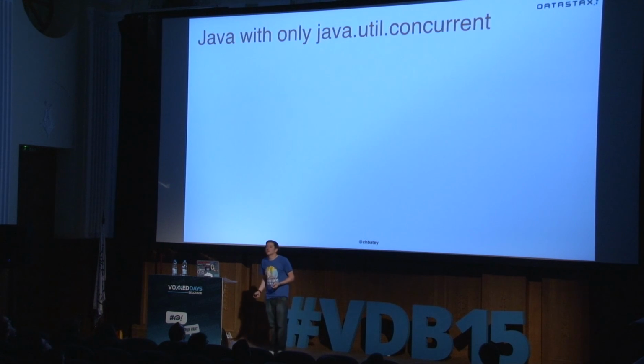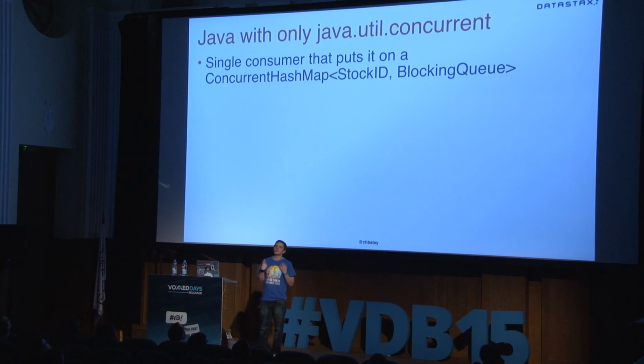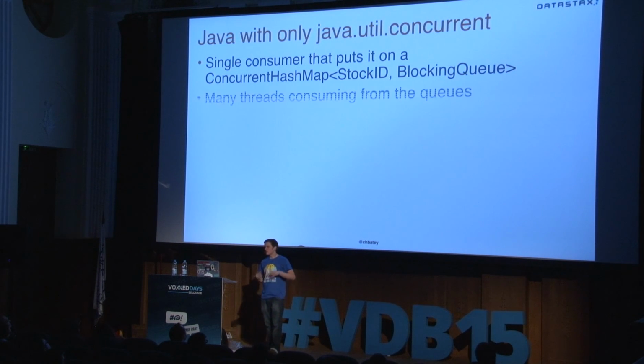Well, you'd spend a lot of time designing this, right? Say you're taking it off a queue, Kafka, WebSocket, you probably eventually realize that that needs to be a single thread. Because if you call any of their libraries, there'll be a lock in there, and if you use multiple, it will actually go slower. So you'll probably have one thread which will then take it off and then put it onto a concurrent hash map, and then that might have, say, stock ID to queue. This could be a blocking queue, maybe it's not, but it would have to be thread safe. Then you'd have lots and lots of threads, say as many as you've got cores, maybe 2 times cores, consuming the messages from those queues, right?